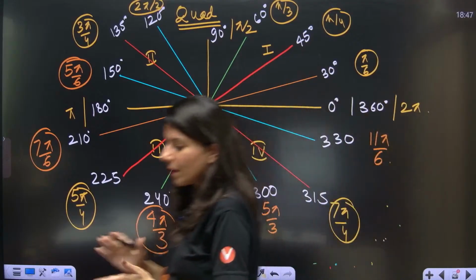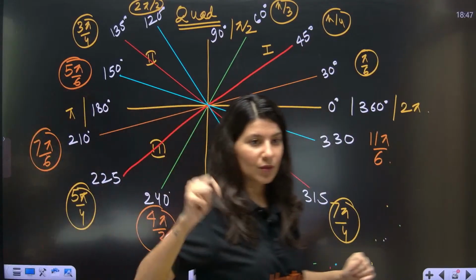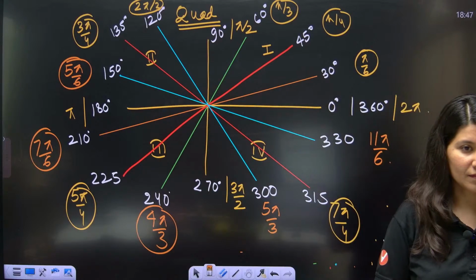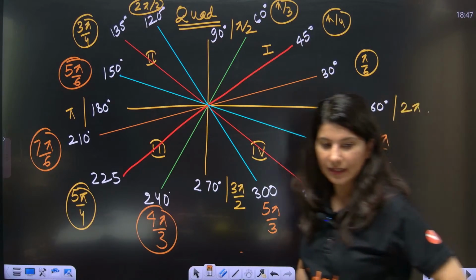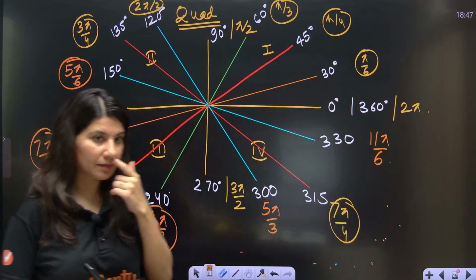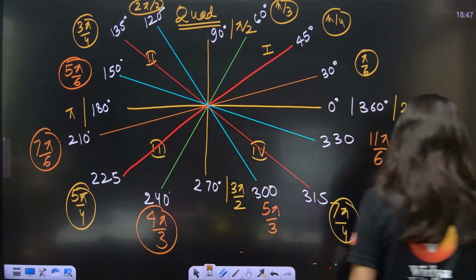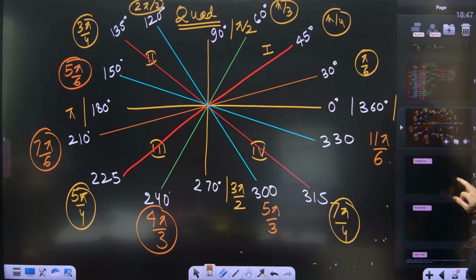All the values, do you remember or not? Tell me. All the values right away. Yes, everybody? Clear? How many of you are like, yes, ma'am, clear? Okay. Now,